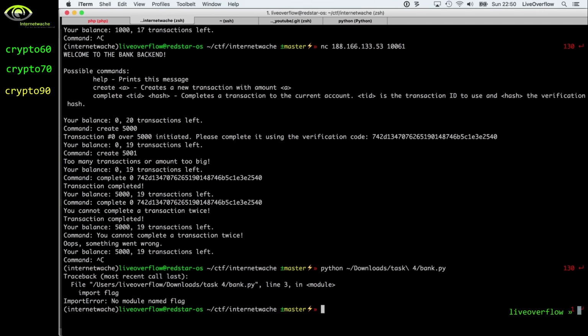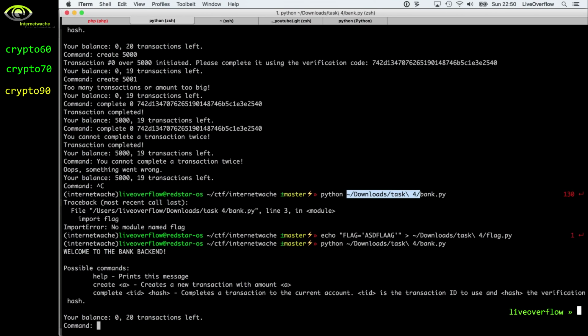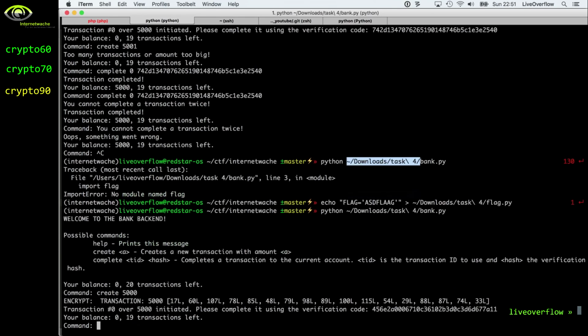That doesn't work. We need to import the flag. Obviously the server has this flag in a special file. So let's create this module so we can actually run this Python program locally. It's just an easy variable that is set in this file, and a Python module is also just a Python file, so that's easy. Anyway, so we started it now, we can run it,